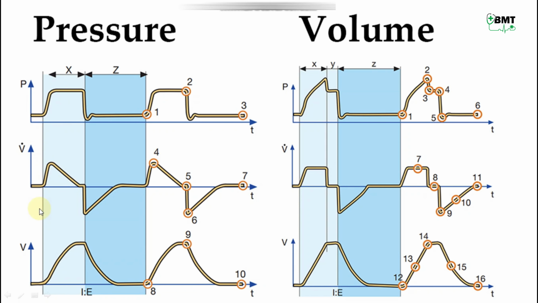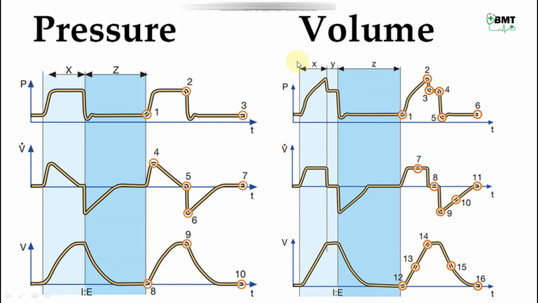So pressure increases gradually till the set pressure value. At the same time flow and volume also increase and then pressure is maintained for some time. During that time flow decreases slowly, but it is not stopped fully. This is to compensate for air which is utilized by the alveoli, and that's why there is flow in this portion but pressure is constant. It means the ventilator gives that much flow which keeps pressure constant. And then the expiration starts, which is the same in both volume and pressure graph.